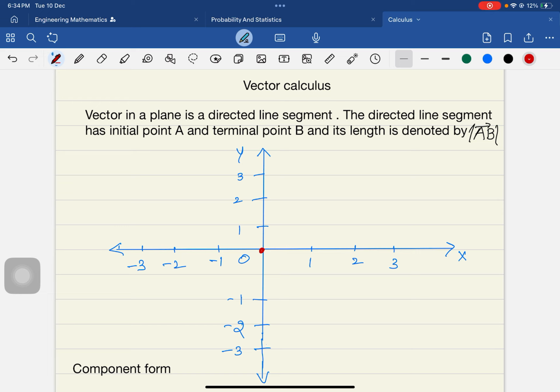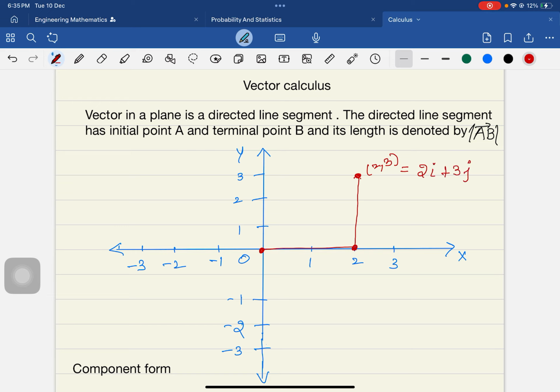units. If I want to express this, I say that I'm going towards the x-axis 2 units in this direction. Again I'm going upwards towards the y-axis, 3 units. So this is the point that we represent by 2 comma 3. That means 2 units towards the x-axis and 3 units towards the y-axis. So this is what is known as the direction, where we can represent this as 2 times i plus 3